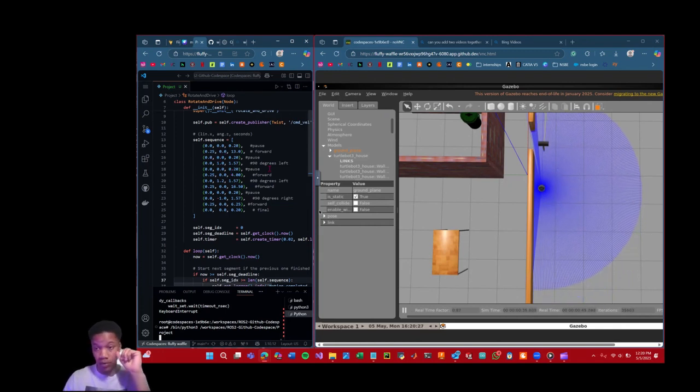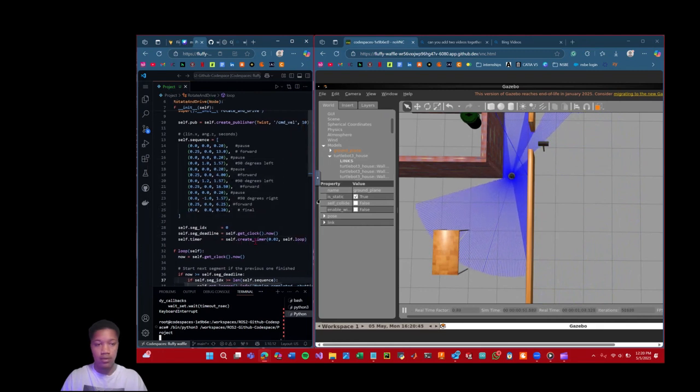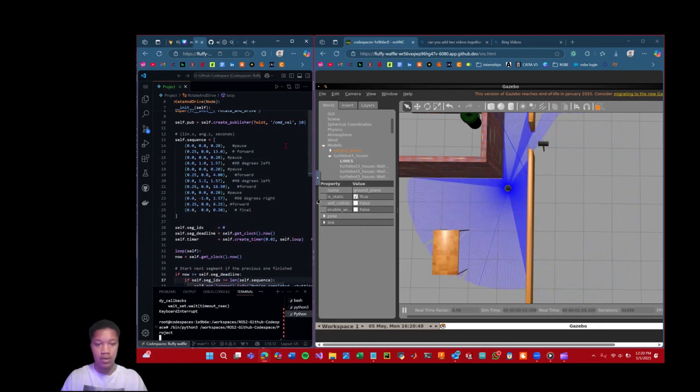Sorry, move forward. See, it's moving somewhat jittery. And that might be because of the hertz or